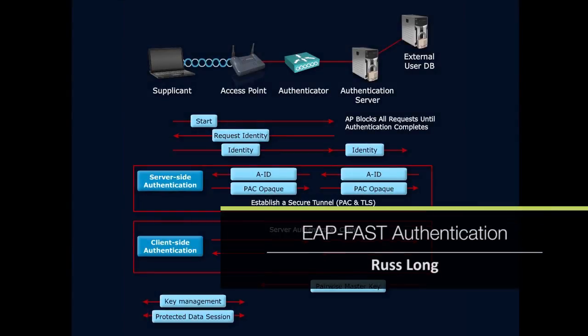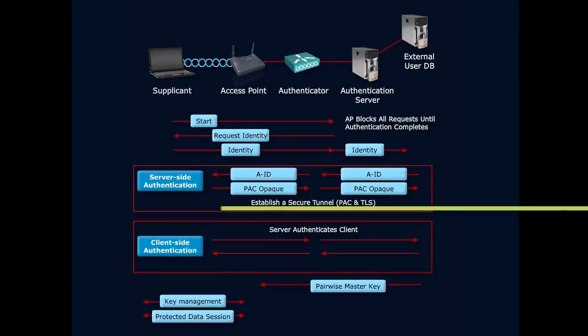So even though I kind of dove into this already, let's look at this process in depth. First, we start with our open process, like we do every single time. The start is sent, the request identity is sent, the identity is shared, and the identity is shared to the authentication server. At this point, EAP FAST is different